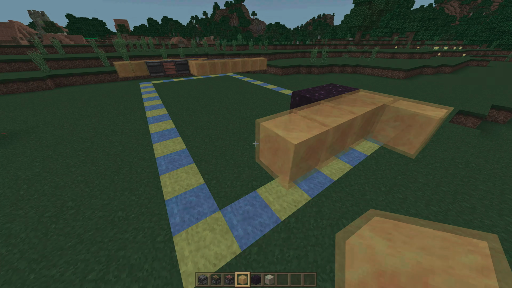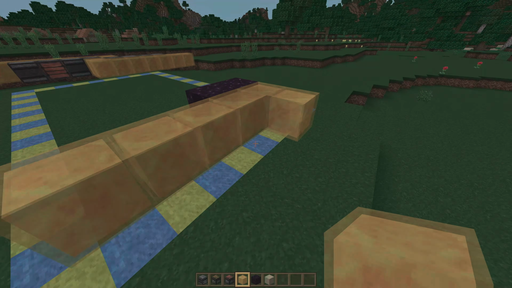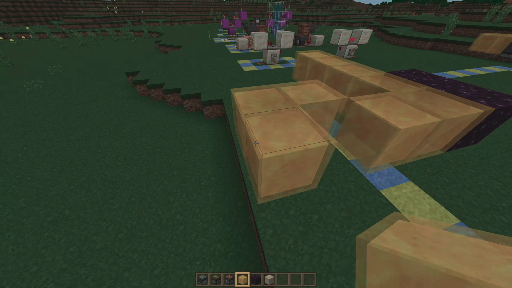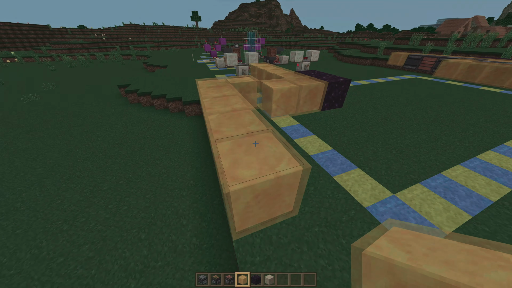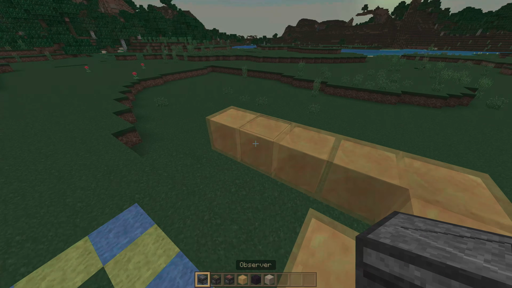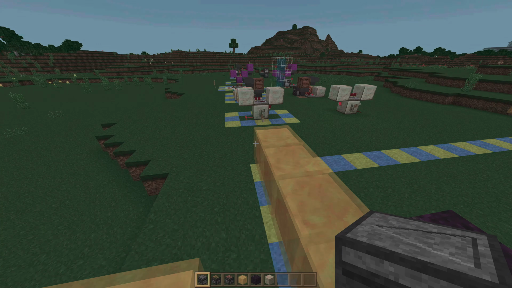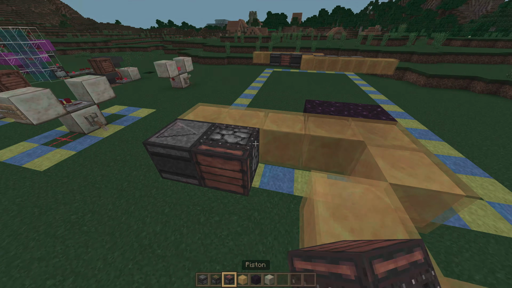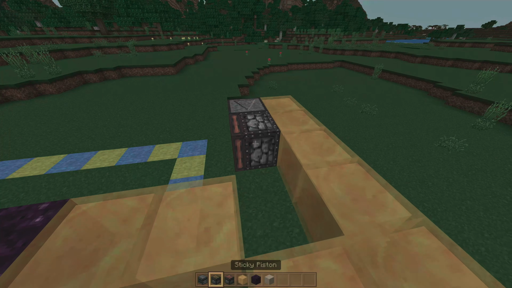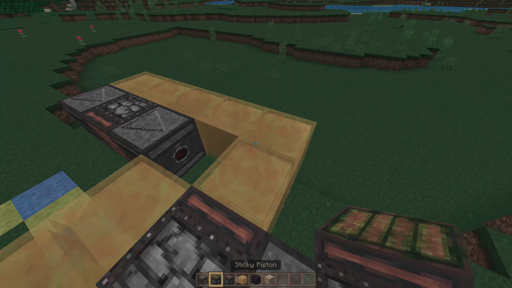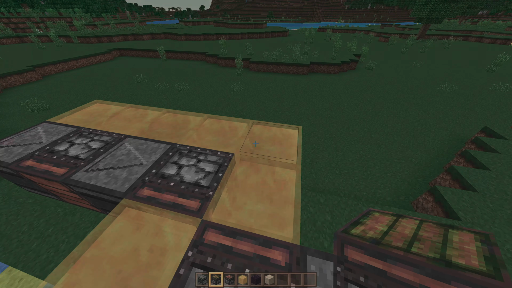You'll want to start with 2 pieces of obsidian or any other immovable block, build out 5 blocks, and then you're going to bring out 1 block. Then you're just going to mirror that pattern here on the other side in the opposite direction. Next, we're going to place down an observer facing in. Go ahead and get your regular pistons, have it face out, place another observer pointed away from that, and then place a sticky piston into these honey blocks.